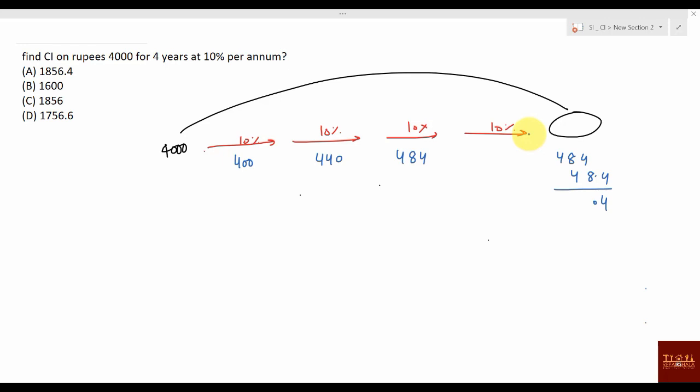Check whether after the decimal any option is there where you are having 0.4. Yes, this option is there. If this option is available, you don't have to add it. If suppose two options are there with 0.4, then you add it and get the answer. Clear? What is the actual way? You can say this is done, and then you can say this is 520 and 532.4. So here your CI is this one. Now this is for first year CI, second year CI, third year and fourth year. You add everything, you will be getting 1856.4. Clear? I hope this concept is clear to you. Right. Now check another one.